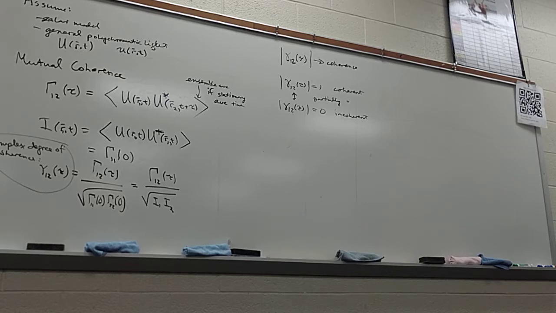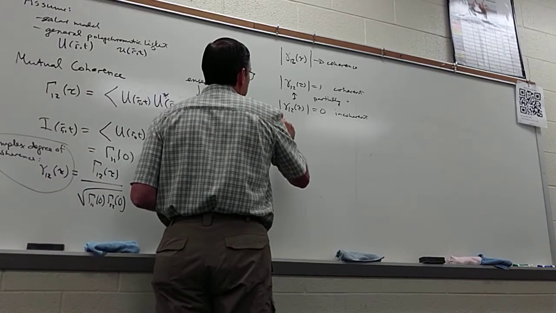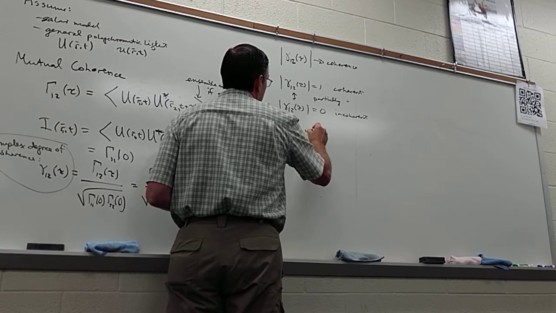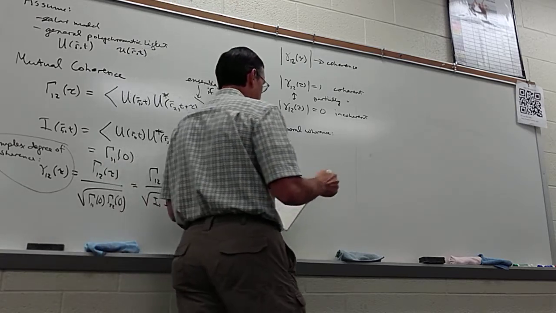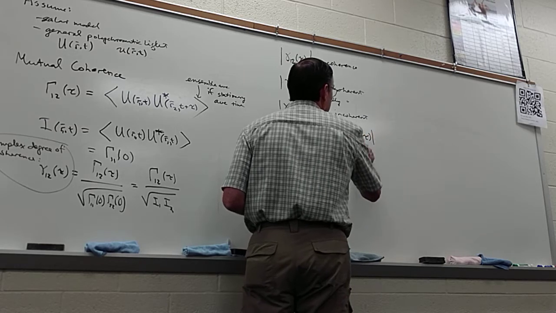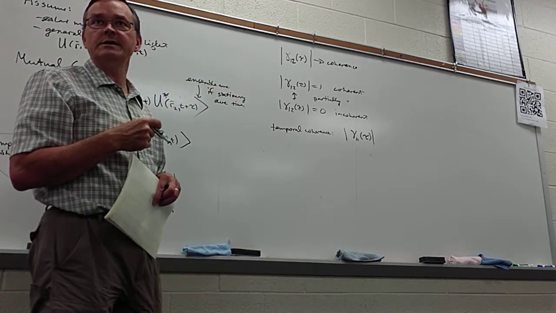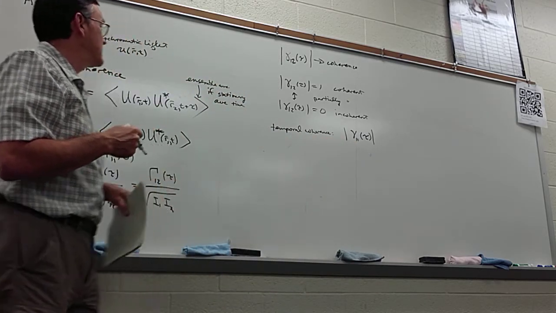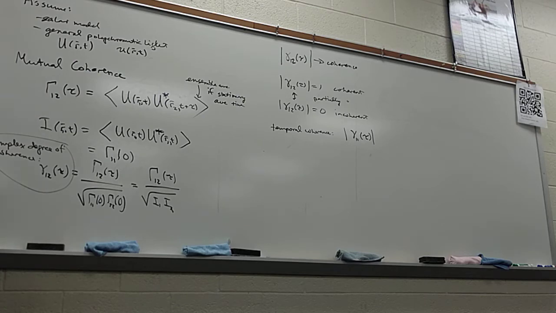Okay, now we can give meaning to the term temporal coherence. When we say temporal coherence, what we mean is the coherence here, where we're evaluating it at the same position. So it's gamma 1, 1 of tau. So that means we just have R1 and R1 here. So does that mean that we're looking at it at a different time? Yep. Same position, different times. And tau is basically a time shift,